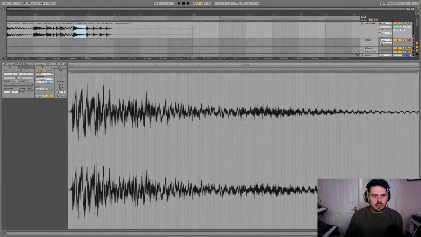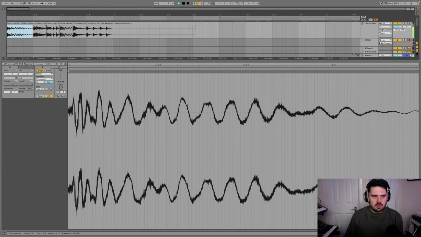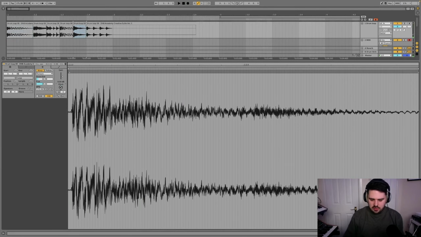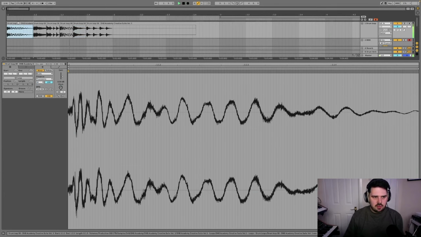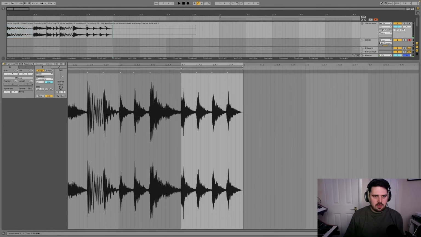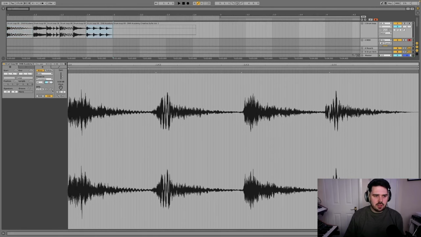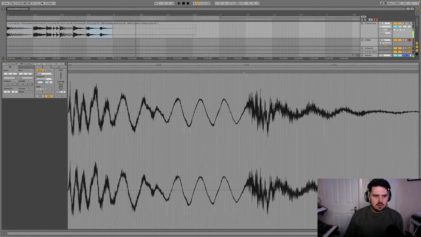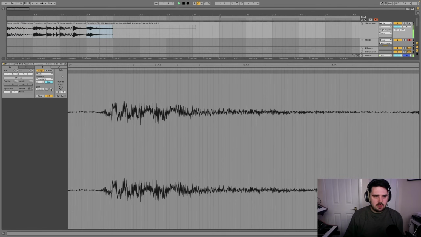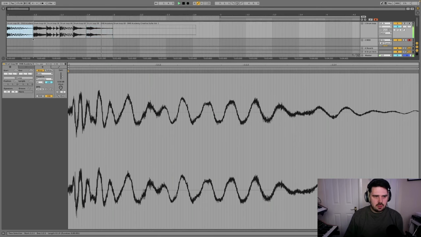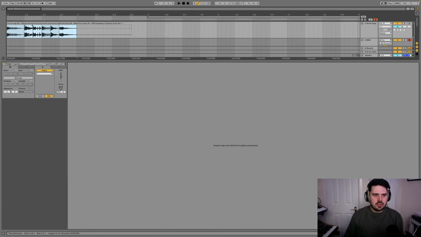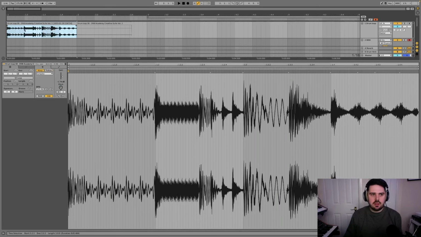There we go. Another snare here, let's use texture. Pitch it up an octave. Or maybe let's try it down an octave. There we go. And then for this bit, there we go. So we've gone through each individual hit and sort of processed it in an interesting way to create